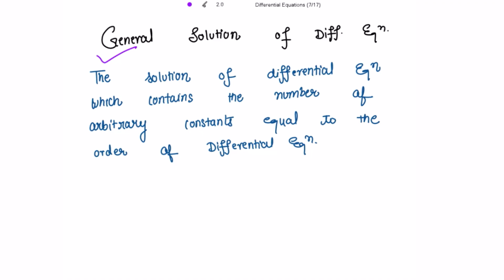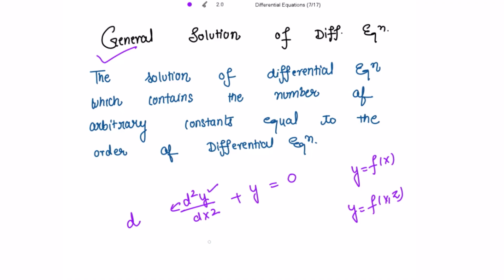First, let's talk about the simple solution of the differential equation, right? Suppose I have the differential equation d square y by dx square plus y equal to 0. It is very important to note that here I have used d because y is a function of only a single variable. If y is a function of more than one variable, then I have to use the curly d, right? Then y will be differentiated partially with respect to x and z both, right? For that I have to use this curly d. It is also known as the partial derivative. Because here y is a function of only one variable, you have to use d.